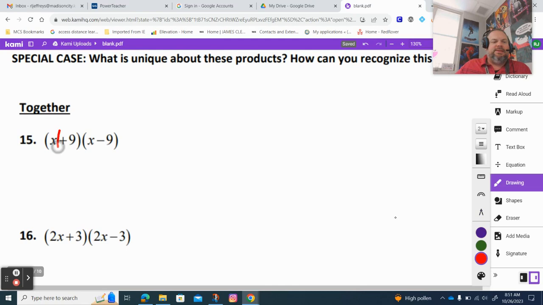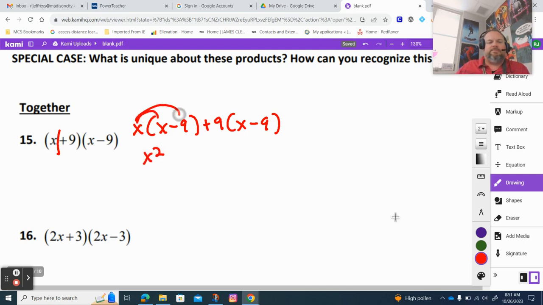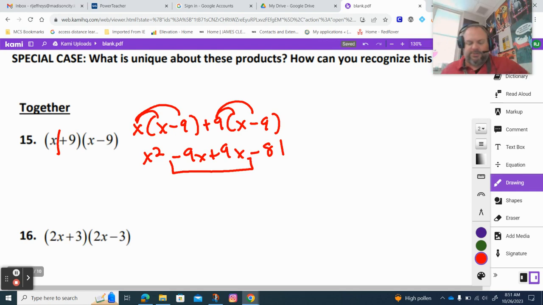Let's do 15. Okay, we split it. Now, what we should notice when we start to collect like terms is our middle terms are actually going to cancel out. Negative 9x plus 9x just goes away, so I'm left with